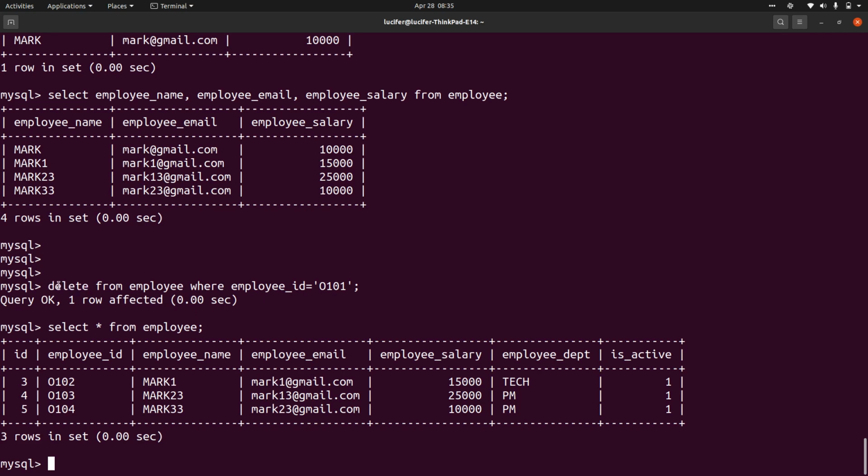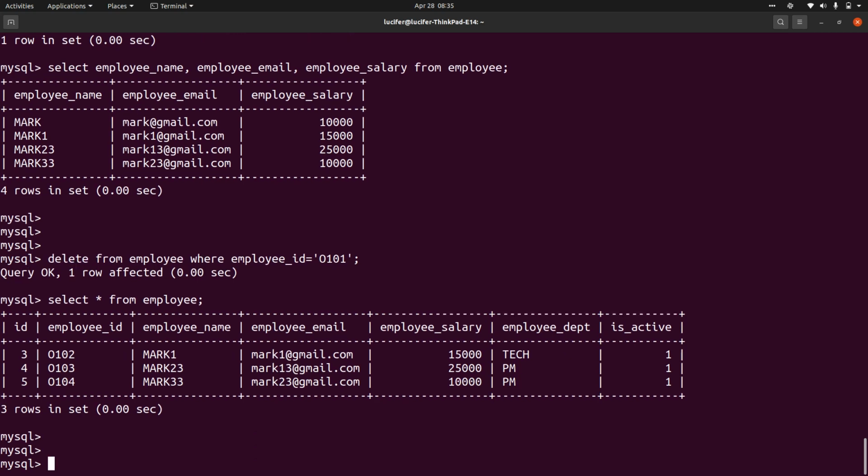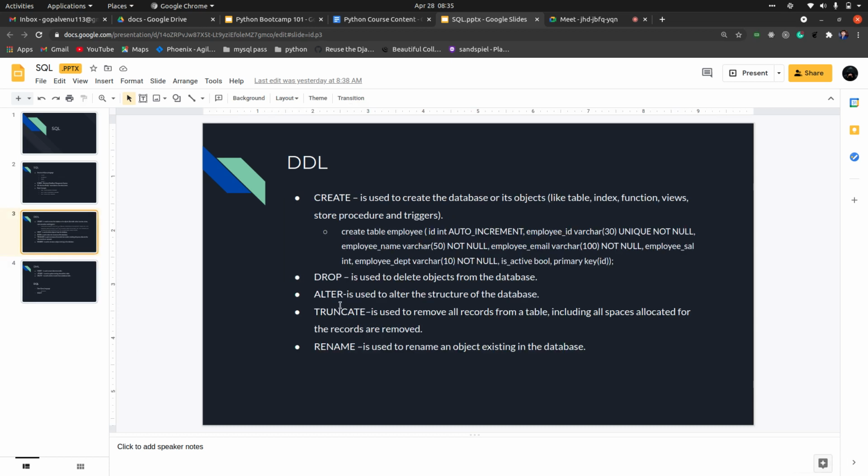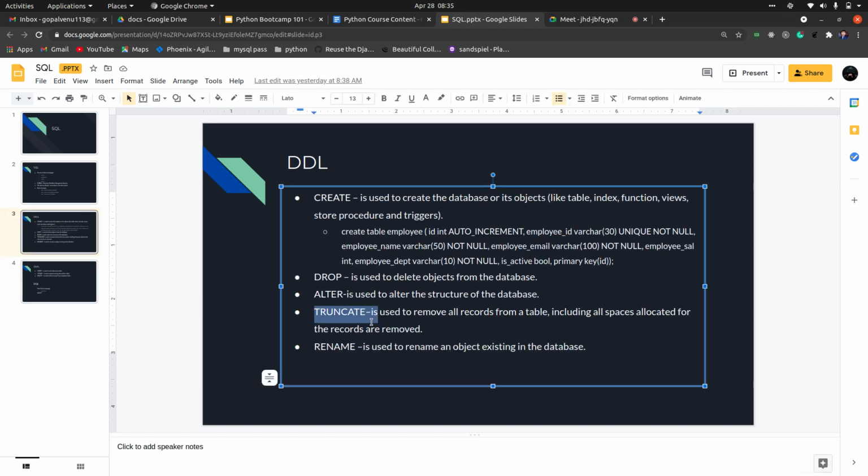And basically the delete command will only be used whenever you have some conditional statements. We don't use the delete command to delete all the data. If you want to delete all the data, then we have one more command called truncate. Truncate is used to remove all the records from a table, including all spaces allocated for those records.